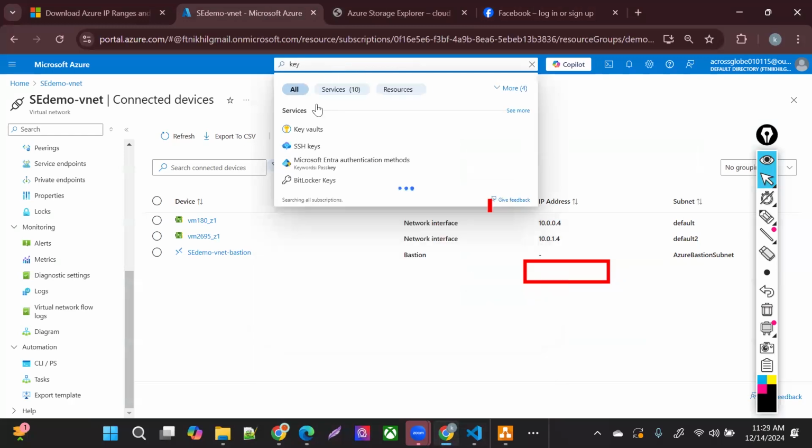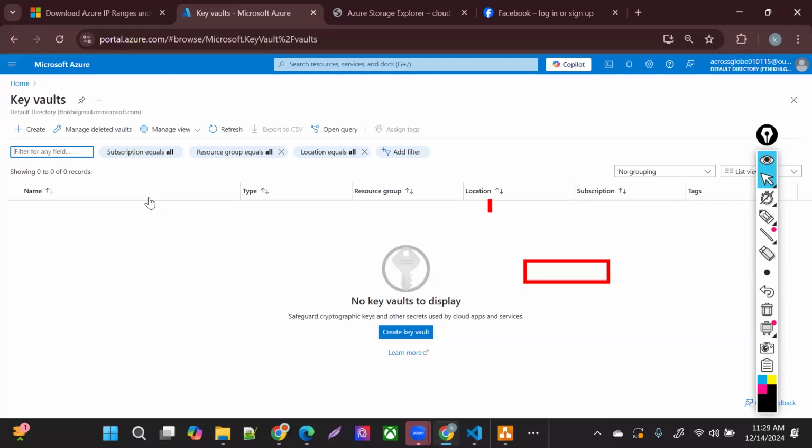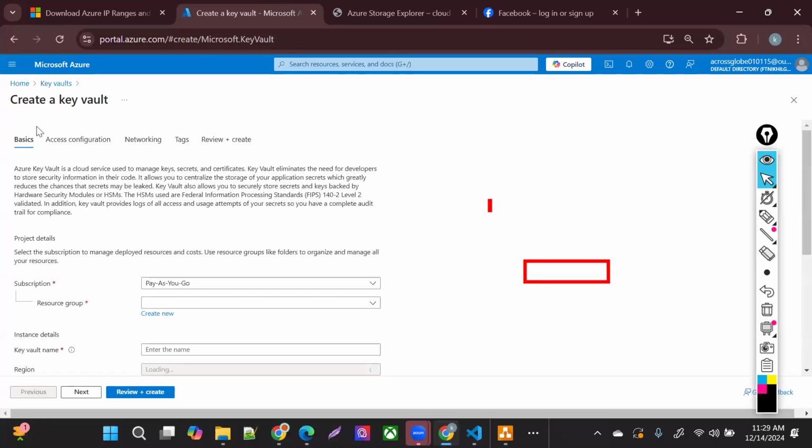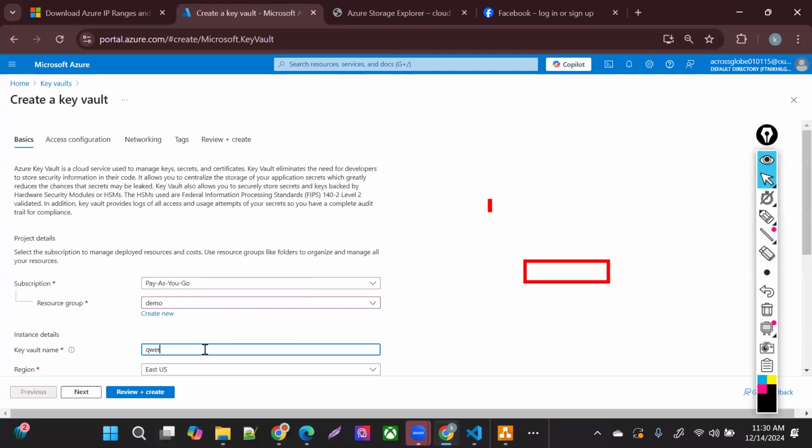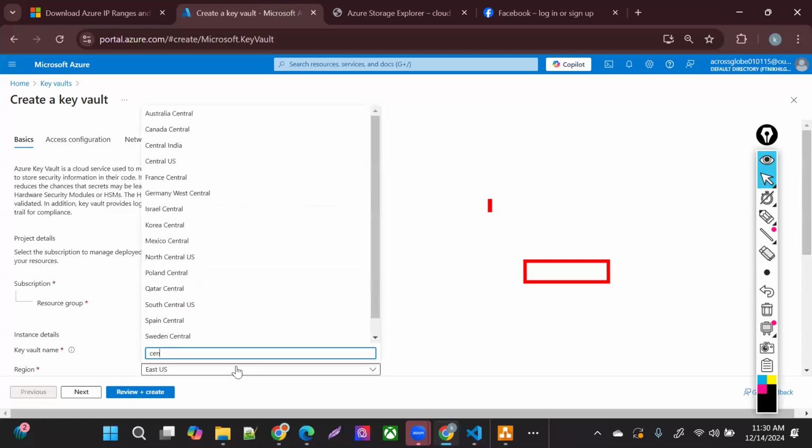Very easy to create. If I go here to my Key Vault, there are two ways you can access it: via private endpoint, and the other one, like we discussed, service endpoint. So if I create it, click on demo. There are many things to discuss on the Key Vault, and we'll come to those one by one. Put the name on the Key Vault. The Key Vault name also needs to be unique, like the way it is for the storage account. So let's say I'm putting some name like this, and I'm going to deploy it in Central India.